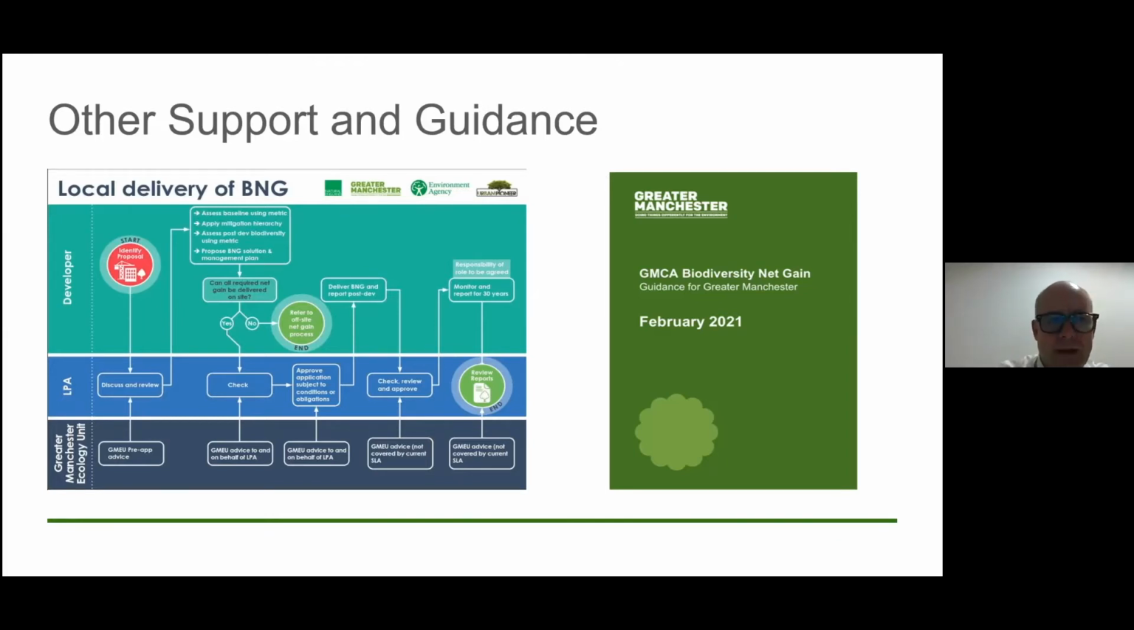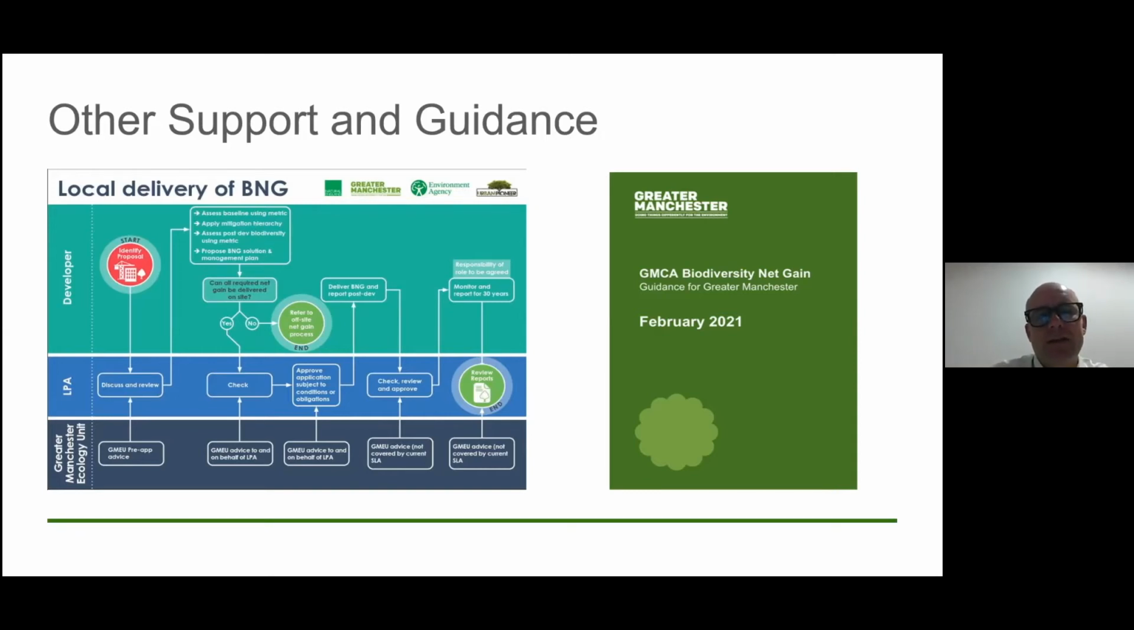So the flow diagram on the left shows the different people involved in the process, whether that's developers, local planning authorities, or our ecology unit, and their role in the process. So it's not entirely straightforward. There are lots of different roles here and people in terms of developers, you know, putting together a